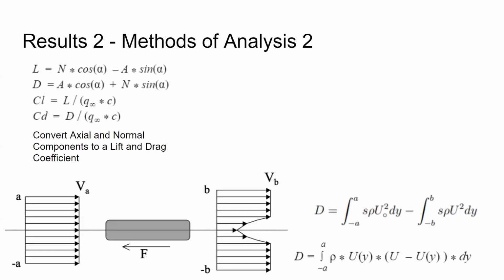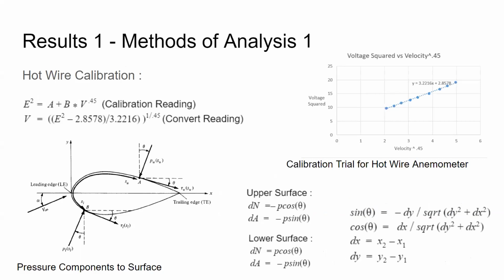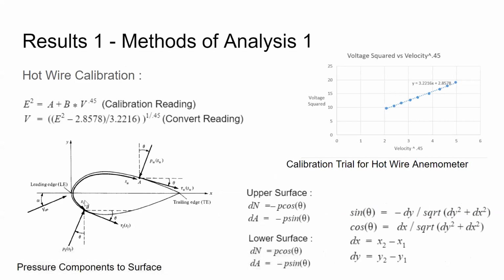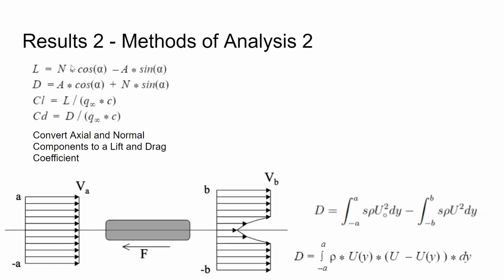The next part is we have to break the normal and axial components into lift and drag, because the normal is normal to the chord and not normal to the free stream. The lift is normal to the free stream. So I need to adjust by this angle of attack right here, the free stream relative to the chord, and this will break the lift and the drag into these components. And then we calculate the coefficient, CL, by L over